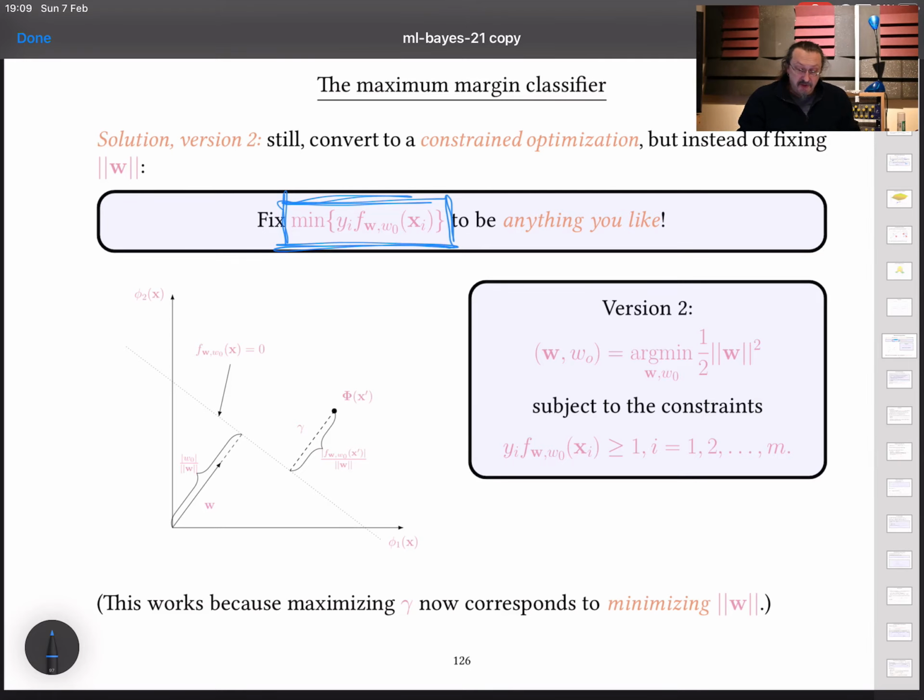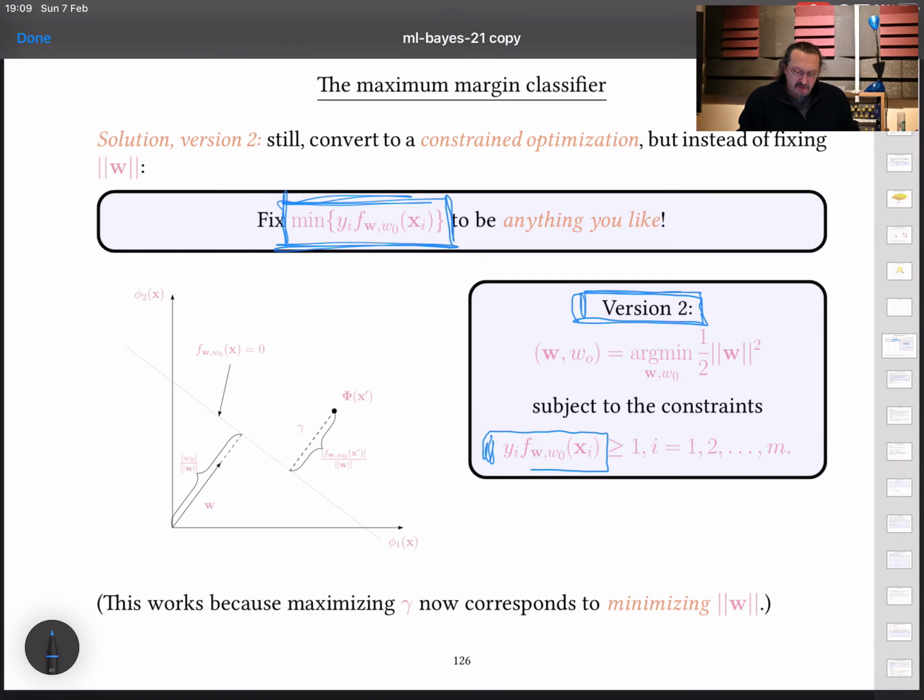Okay, you can essentially redefine the distance of the closest example to the decision boundary to be 1 at the solution that you're looking for, and then fit to that by controlling the modulus of W. Okay, and that way you get a similar constrained optimization formulation, where we say, once again,